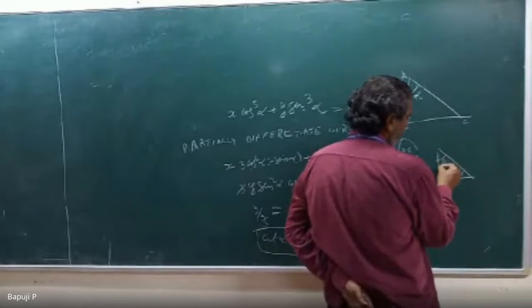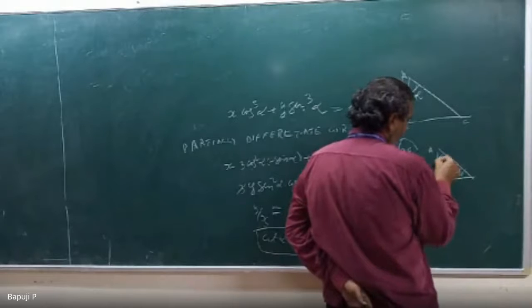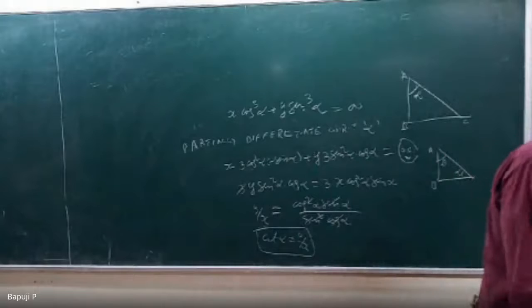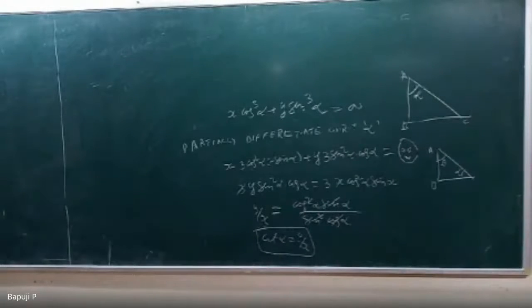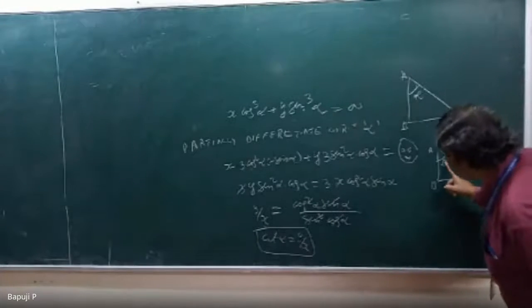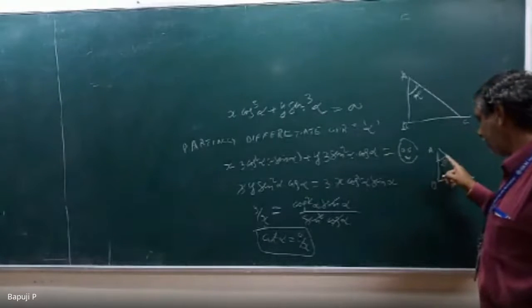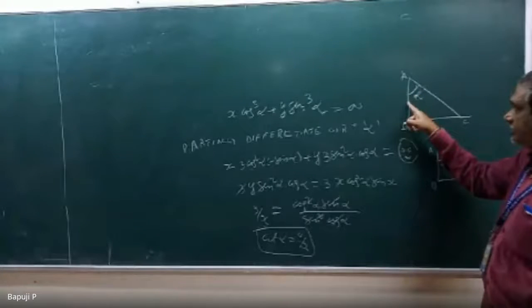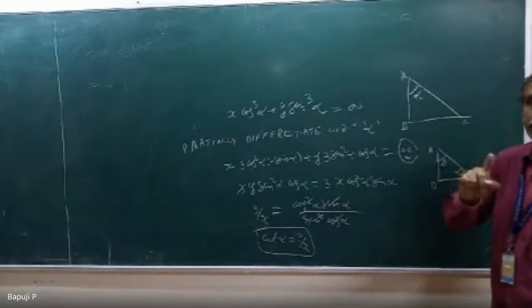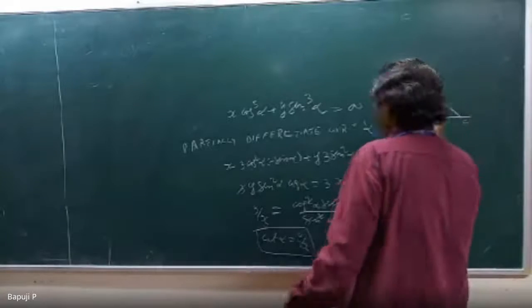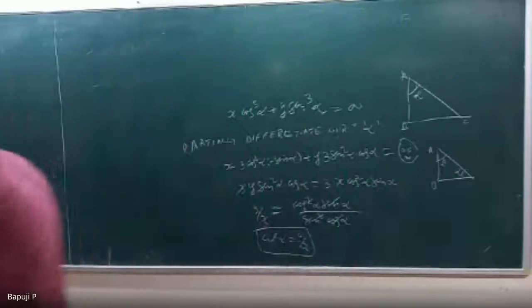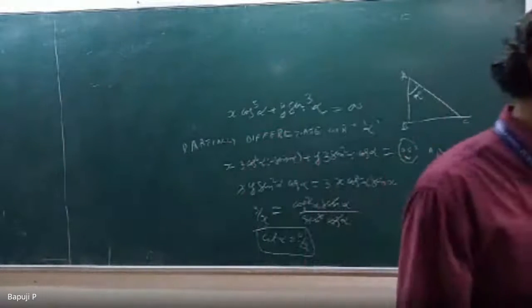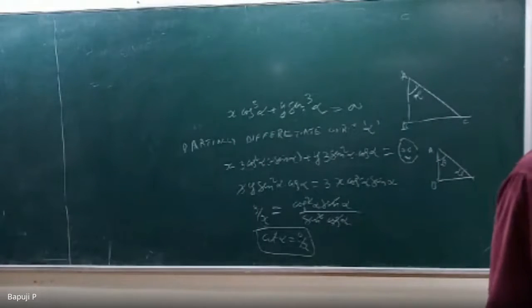Suppose here beta. For beta, this fellow is the adjacent side and this is the opposite side. Always you can say adjacent side by opposite. Don't say perpendicular, both are perpendicular only. According to this angle, this side is adjacent and that side is opposite. For the other angle, this is adjacent and this is opposite. So according to the angle, what you are telling as base, correct?